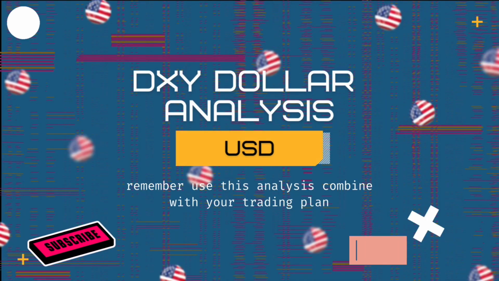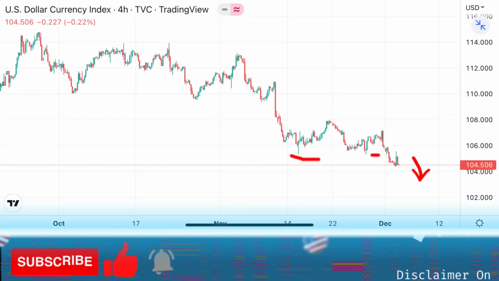As usual, we start with the dollar index. In my last analysis, I said DXY will continue bearish, and we will try to catch a setup for bullish after that, but instead DXY moved not so volatile, so it didn't give us an opportunity for a bullish setup. DXY turned sideways after breaking the line. And here's the update.